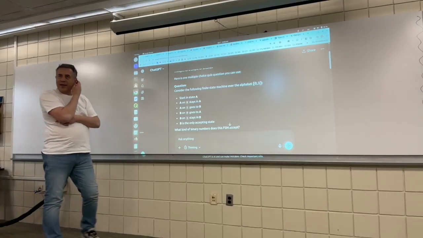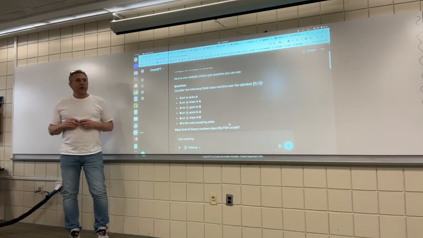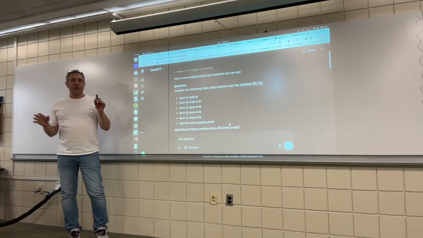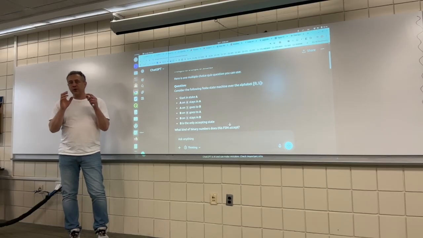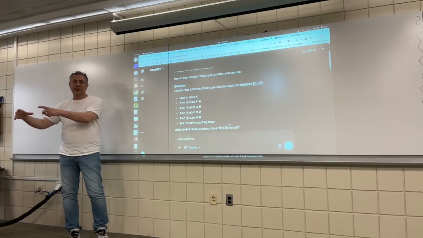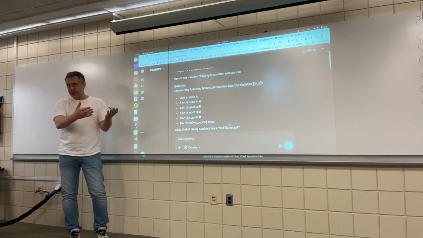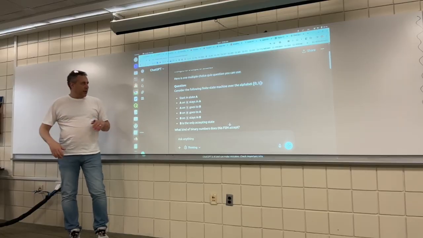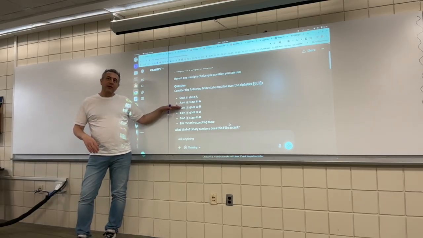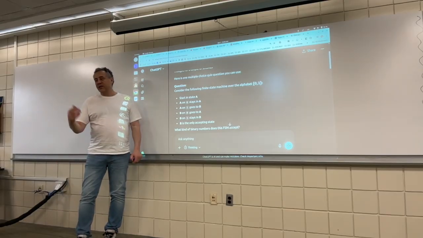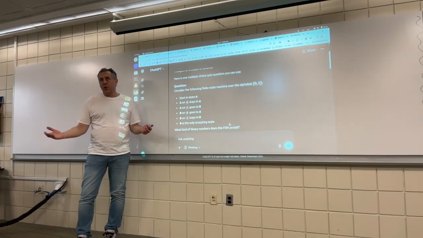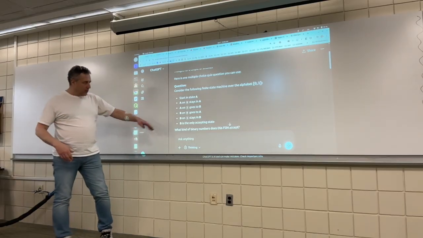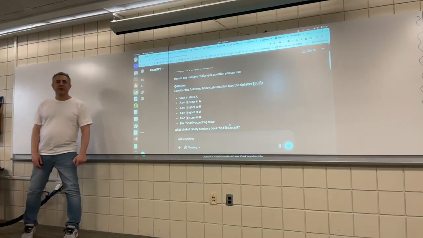When you think you know the language of it, I'd like your attention for just one thing. When someone gives you a finite state machine and you figure out that certain inputs lead to an accepting state and certain inputs lead to a rejecting state, the language of that finite state machine is the set of all the strings that take you to an accepting state. So what is the language accepted by this finite state machine? You can say something like, these are all the binary numbers that start with a 0 or end with a 1. Once you do this, tell me what the language of the finite state machine is.